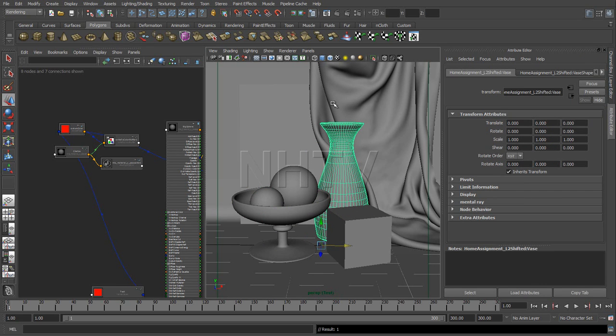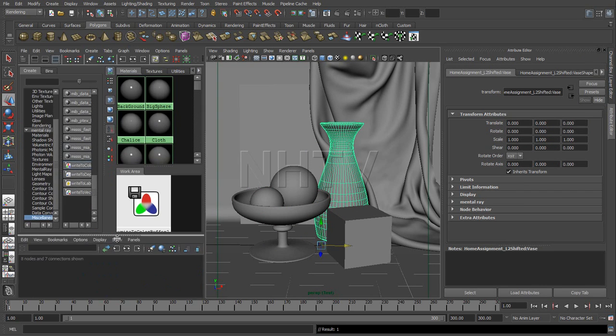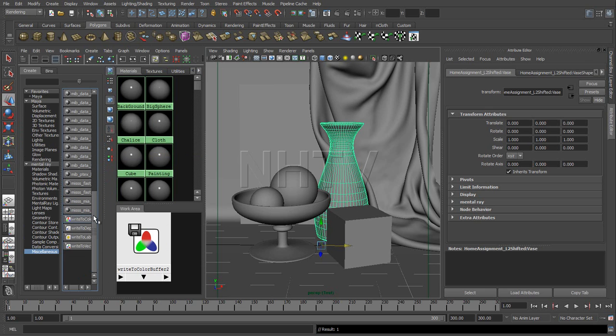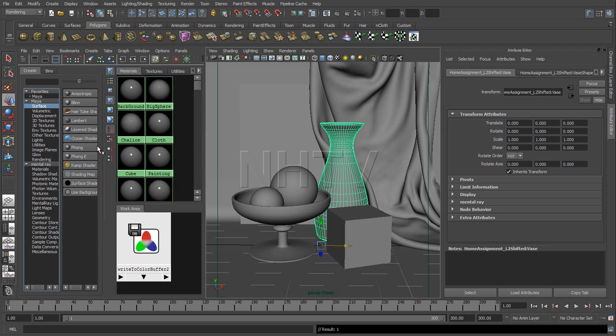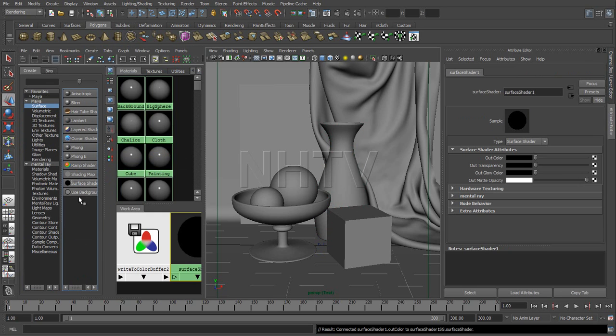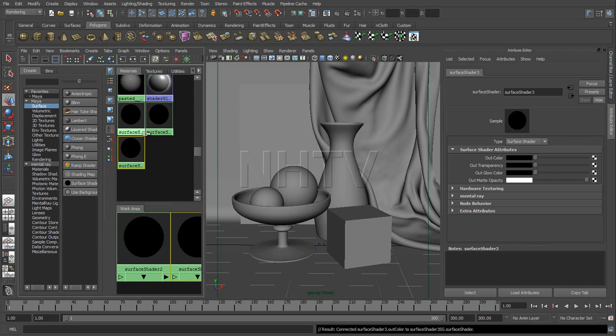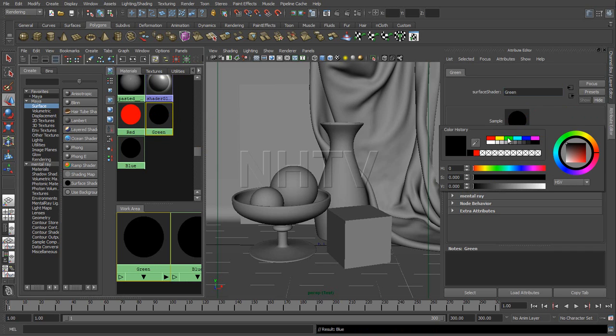Now it's not only with these things that you can do it, you can also create, for example, new materials. So if we go to my surface, and that's something we're not going to use with layers, we're going to create a surface shader. Let's create three of those surface shaders. Go down and rename them to red, green and blue, and you go over here to the color. You can just immediately pick red, green